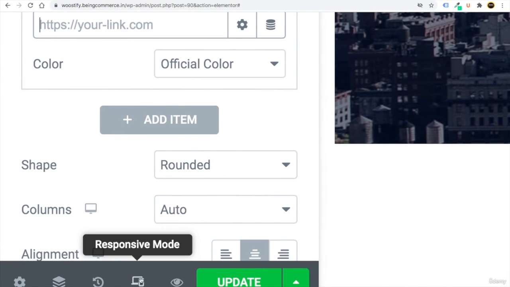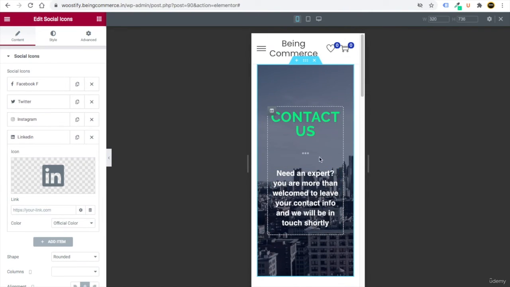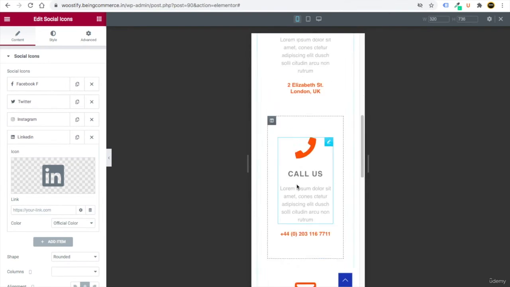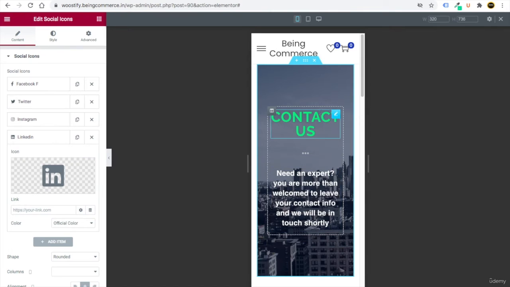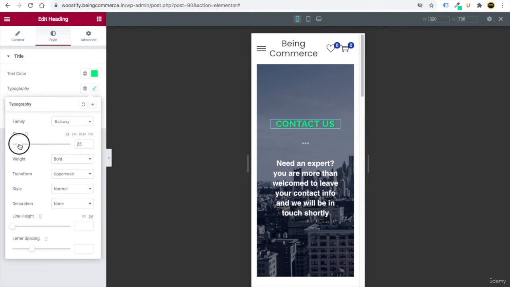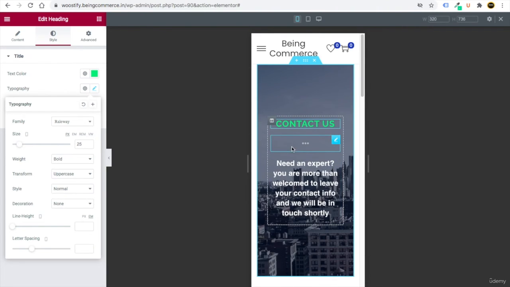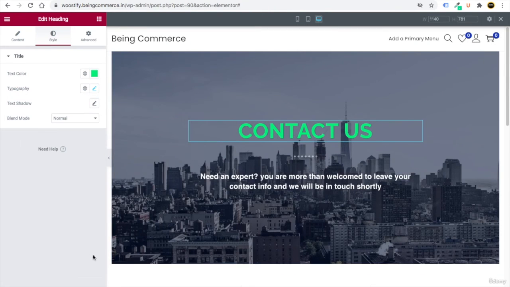So again, just go to this responsive mode and see how your contact page is going to look on your mobile, tablet as well as desktop. Just customize it. For example, I can see this contact is looking very big on mobile. So I can just decrease the text size. So similarly, just customize it, play around with it. We have taught you how you can do these things. And after you finally do everything, just click on update.